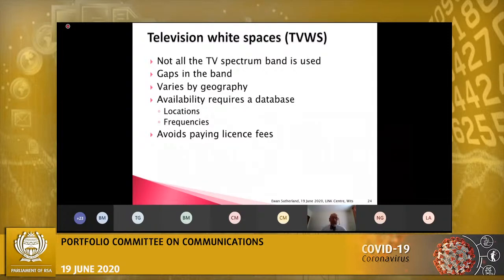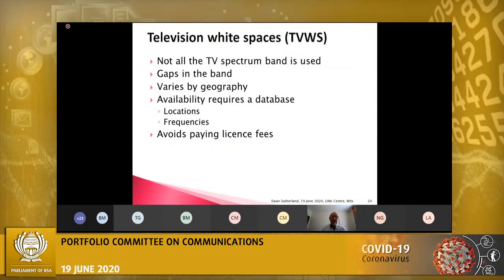In truth, to go back to WRC, this is possible because some of the television bands are used for mobile broadband in other countries. That regional map showed different regions of the world. So what is the television band in South Africa is elsewhere used for broadband, and that then means the equipment is available. It does have this horrible technicality where you have to have this very fancy database to check